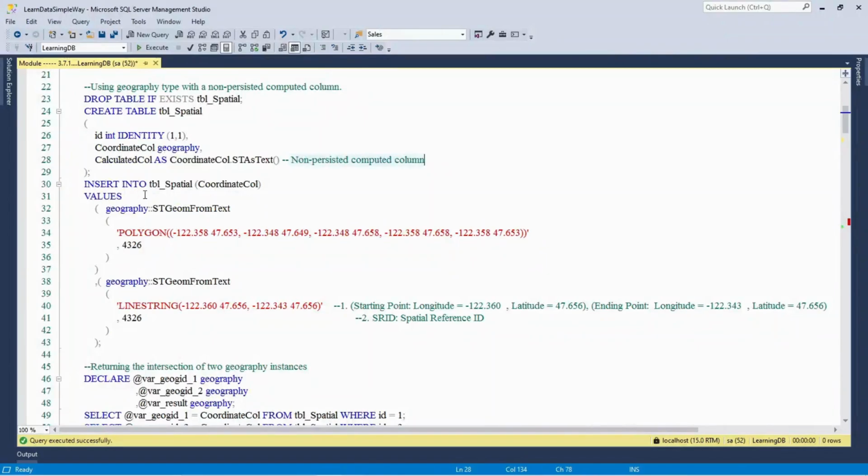Now let's insert into this table. What will we insert? We will insert only the coordinate column. We will not insert the calculated column. You may ask why we would not insert this column. Because we are just passing this value, and the same value is being utilized to insert the value for the calculated column. The coordinate column is the same column we are using here, so ideally we need not pass